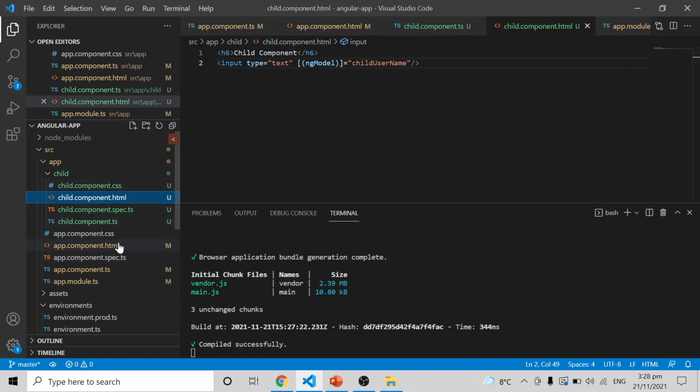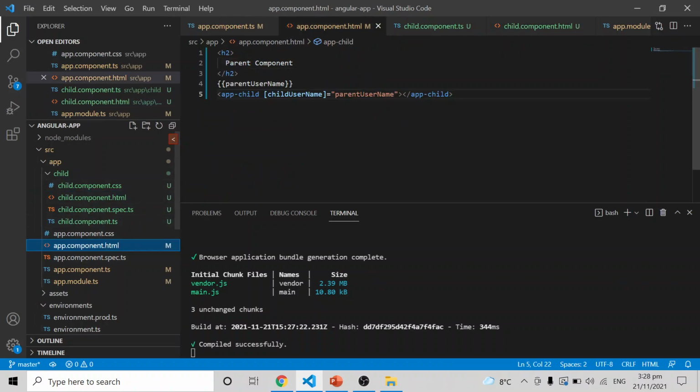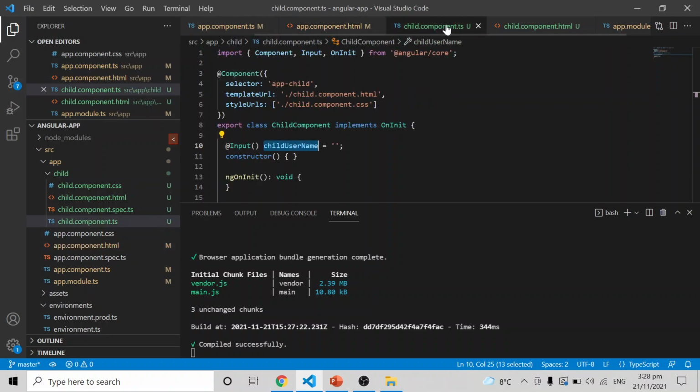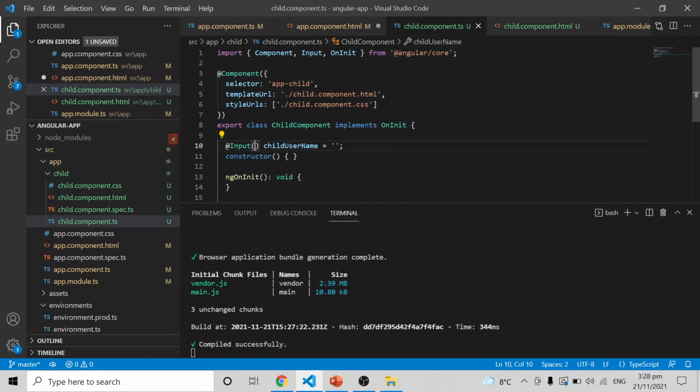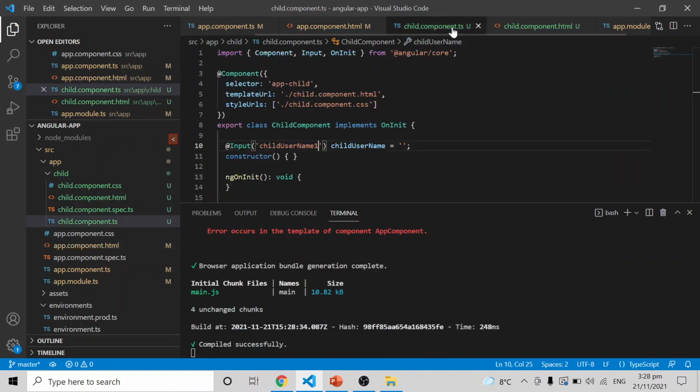You can give another name in the app.component.html. So it is not mentioned like child username is the name it is coming, right? So you can alias this name as a different name. So for that purpose, what you can use like child username 1, you can alias this variable here as child username 1, and in this component you will use this as child username, but the alias was child